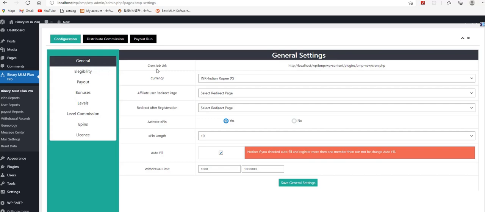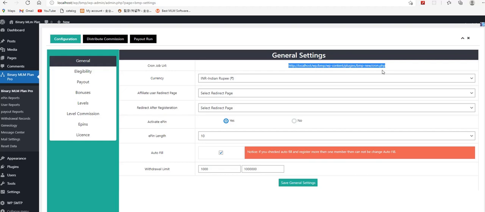In the general settings, as we created the first user, that user is directly a paid member, because that user should not purchase anything or an EPIN like that. So there is no need for that functionality for the first user. Now I am going to the general settings, cron job URL. This is the URL with which we can schedule functionality or operations that need to run automatically.